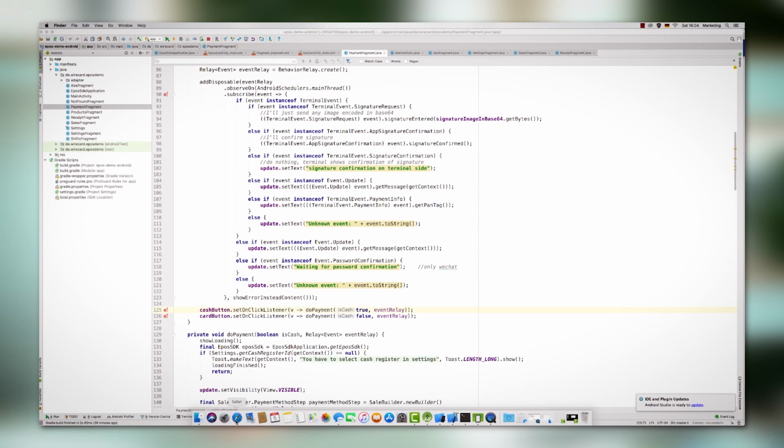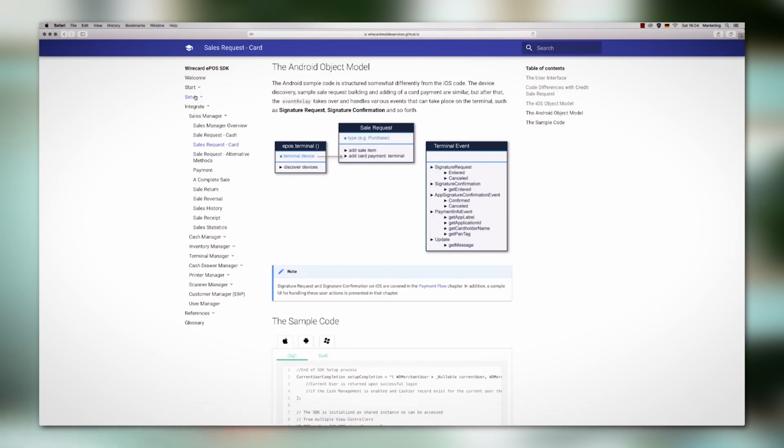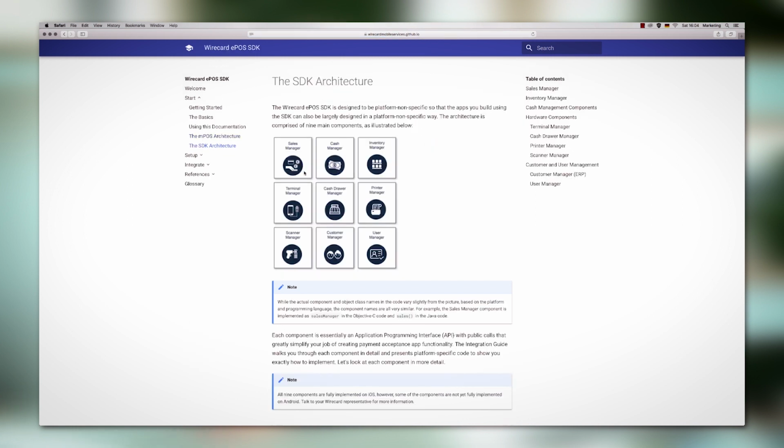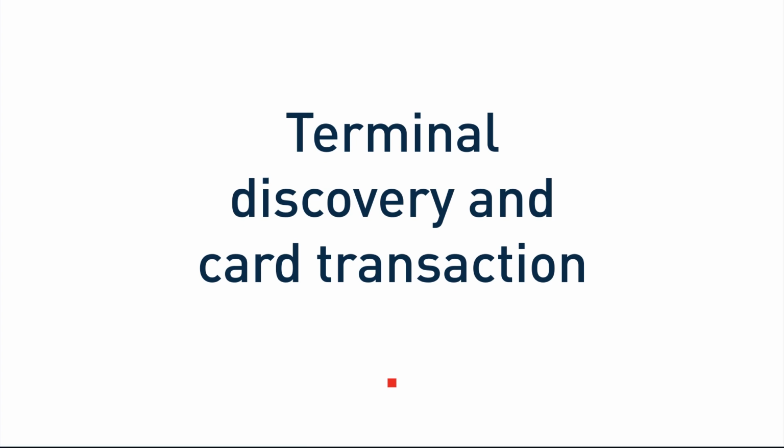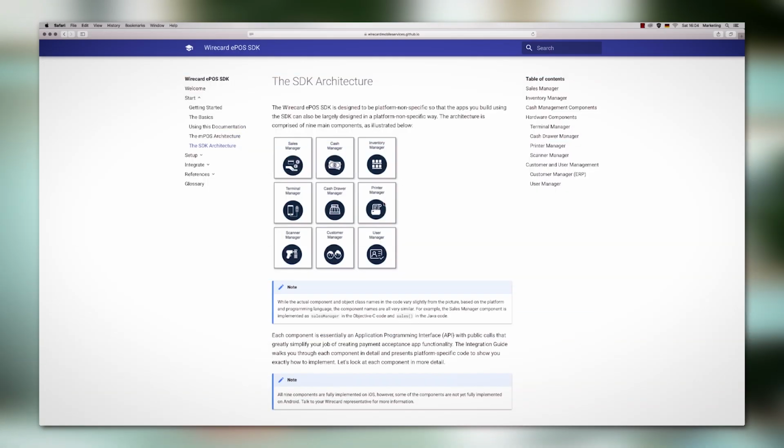Let's go back to the documentation and just do a quick review, because again, a lot of details. So if I go back to the SDK architecture, remember there's 9 different components that make up the architecture. We've really been focusing on the Sales Manager because that's where you handle the cash and the card transactions. But now we're going to look at the Terminal Manager. Remember, all of these 3, 4 here are all related to hardware, and the Terminal Manager handles the discovery of a card reader or terminal device,